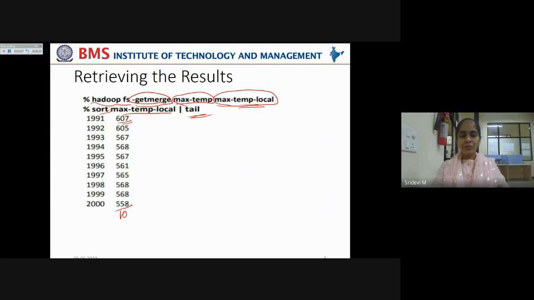So here what we understood is we got all the temperature values from various reduce outputs consolidated into a max temp local file on your local system. Okay, that is what is being displayed here. Right from 1991 to 2000, all the maximum temperatures captured in that particular year are displayed here.